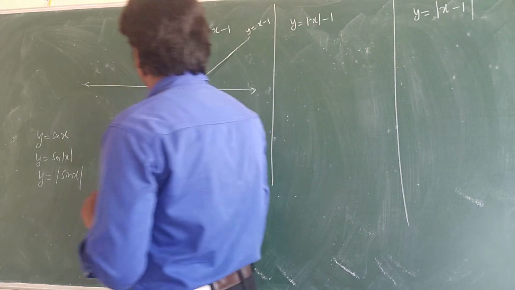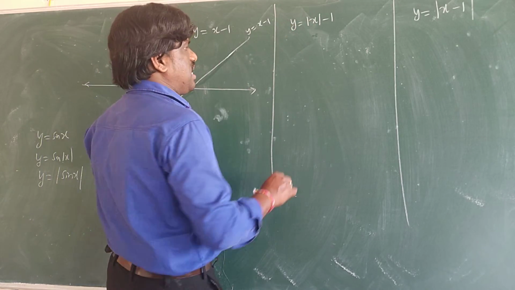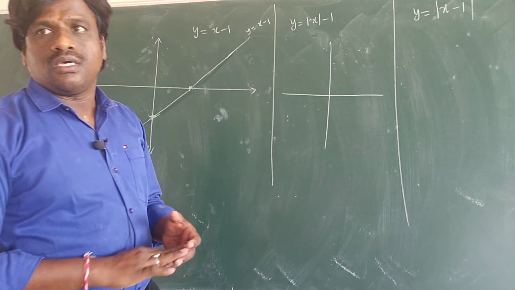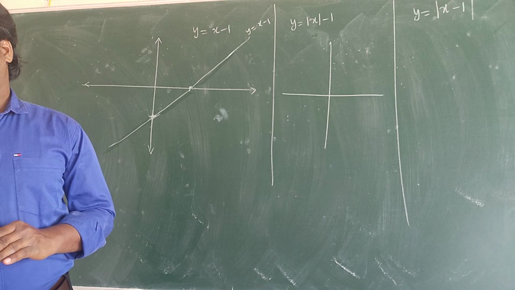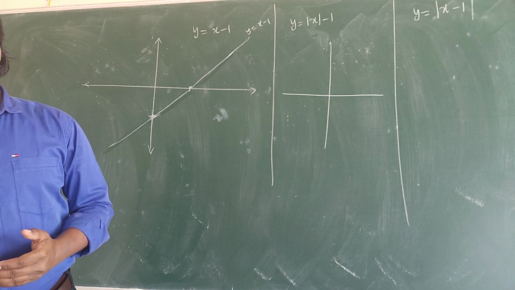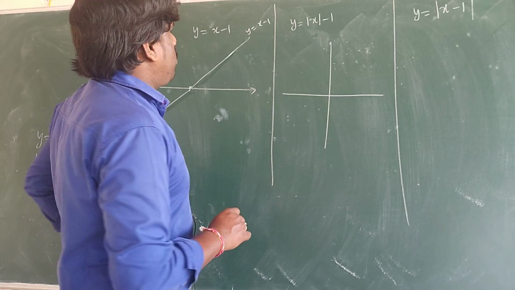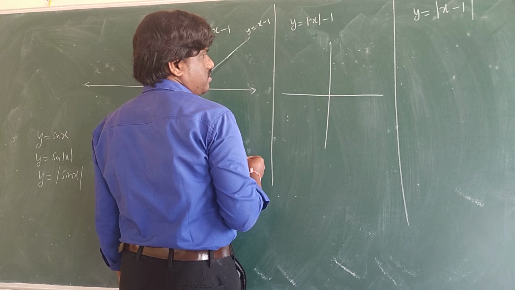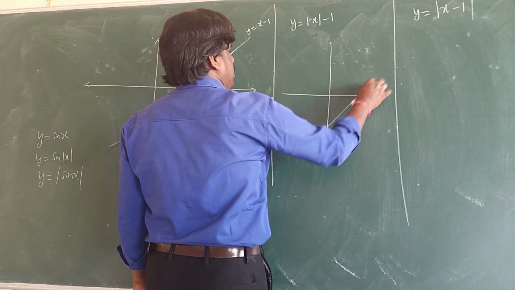So when I say this, do you know what the graph of this one is? Tell me. This graph क्या होगा? मैंने modulus में पढ़ाया था. See, modulus, logarithm, what I explained, that comes in function only. So that is the function topic only, but I explained it in the fundamentals. We have completed all of that. So y is equal to mod x minus 1. What is the graph of this? ऐसा जाएगा ना?